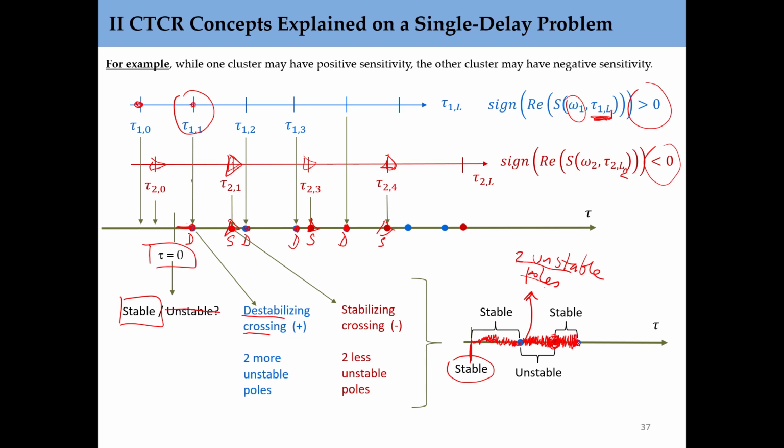You hit the next delay value, it comes in the blue set, it's destabilizing, so you have two unstable poles. If you were to draw a mini complex plane here, real and imaginary, you start stable, as an example, maybe you start stable with two complex poles, and as you increase the delay value, the delay value is 0 plus, you have infinitely many poles. We don't know which pair, but a pair will cross over. Maybe these two, maybe the other two from negative infinity, they will cross and destabilize the system at the omega 1 crossing. And then they will turn back and stabilize the system at the crossing omega 2,